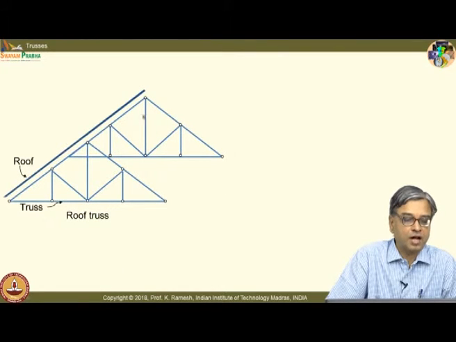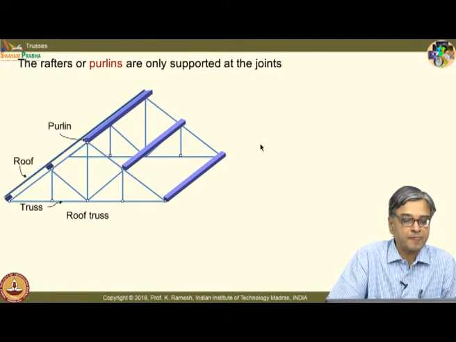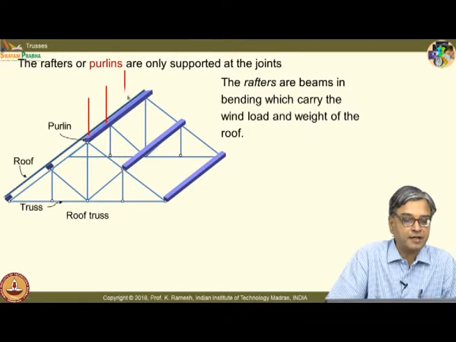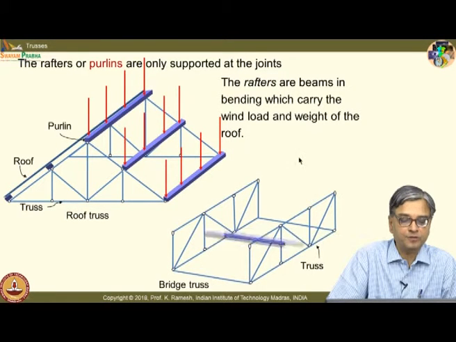And this shows how a roof is constructed. I have basically a truss, and I have these rafters. In the carpenter terminology, they also call this a purlin. They are essentially beams which support the wind loads and also the weight. In foreign countries, they have a problem of snow falling on the roofs. So, whatever the snow weight, all of this weight is taken by the rafters and transmitted to the truss below.